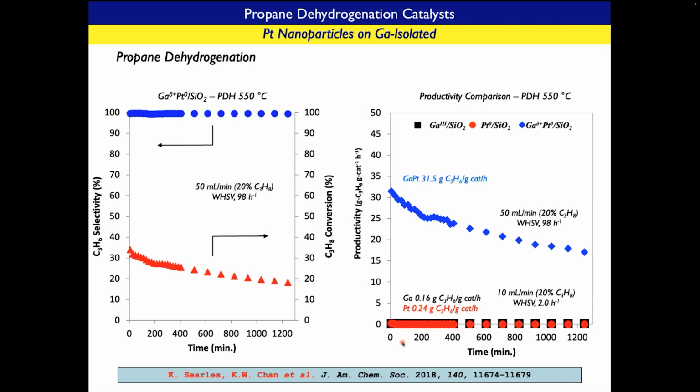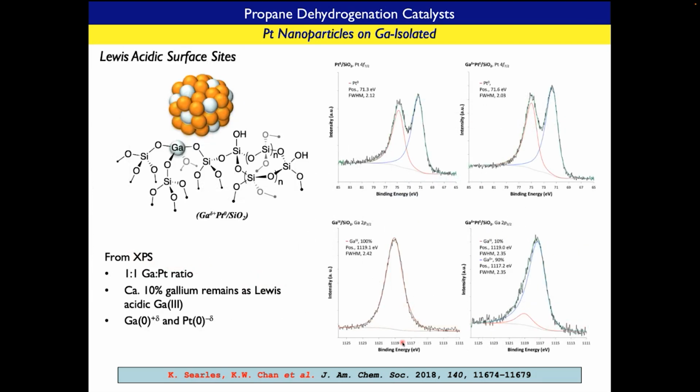So what we did next, obviously, we did a bit of spectroscopy, and we could show that in the process of growing nanoparticles, we definitely generated platinum 0. So you have very similar binding energy for platinum or the platinum-gallium system. But we can see that the gallium 3 of our support became mostly gallium 0 and got very likely alloyed in the nanoparticle, and you have a small amount of gallium 3 remaining at the surface of the